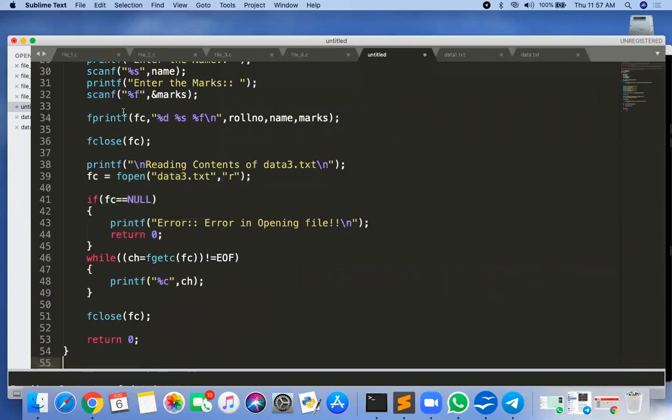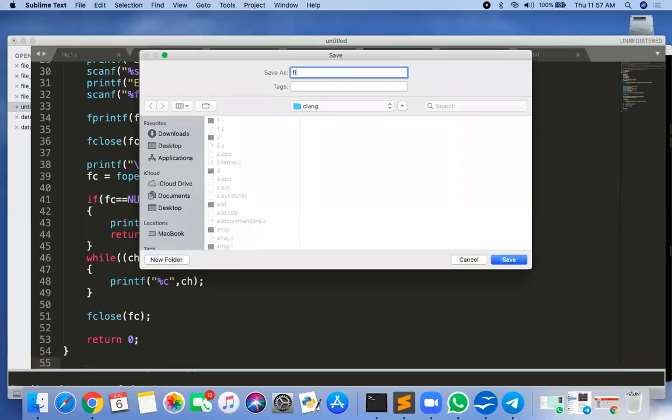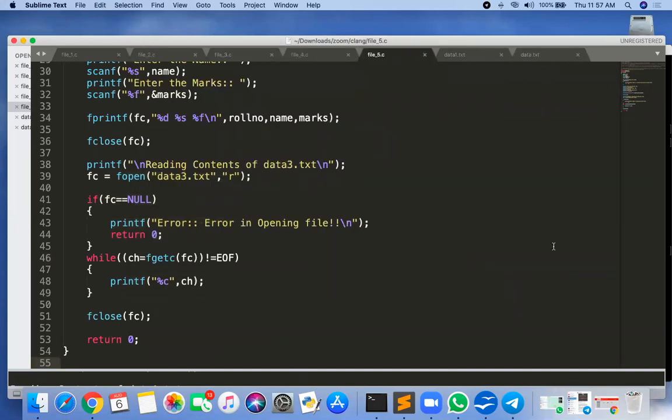Sir, send this program in the chat box, sir. Yeah, already sent it. Sir, no, sir. Yeah, file underscore 4.c. Actually I have sent the file there. Are you getting the file? No, sir. Okay, you are connected to this Zoom on mobile or laptop?